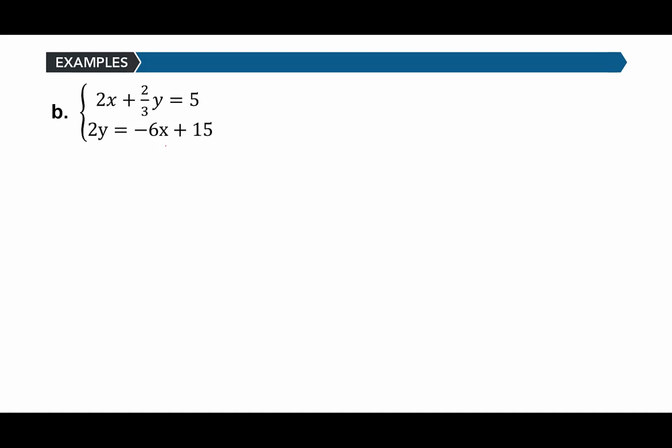In our next example, we have the system 2x plus 2/3 y equals 5 and 2y equals -6x plus 15. So the first thing I want to do is get these equations in the same format, get them in standard form and clear fractions. So in my first equation, I'm going to multiply each side by 3 because I want to eliminate the fraction. So that's going to give me 6x plus, well, 3 times 2/3 y is just 2y,